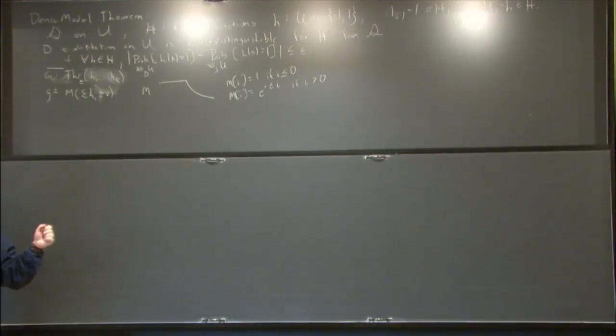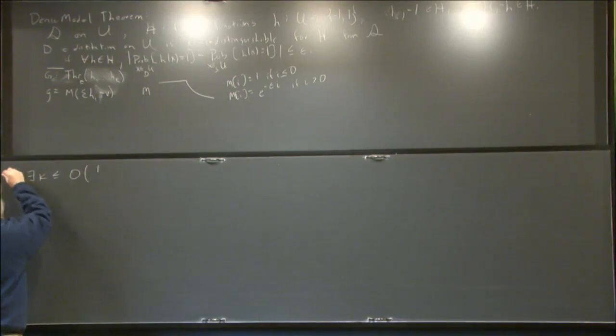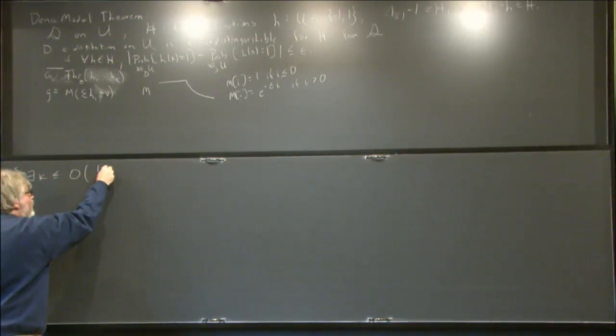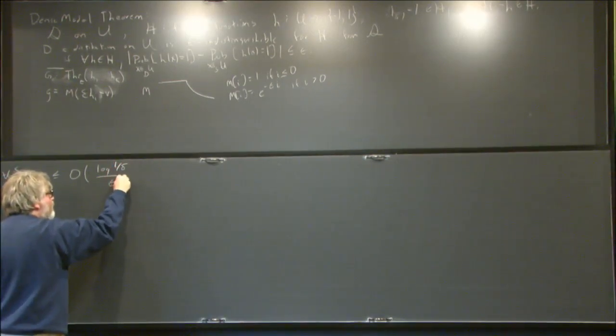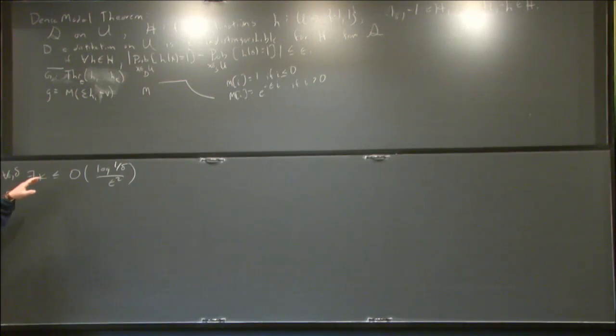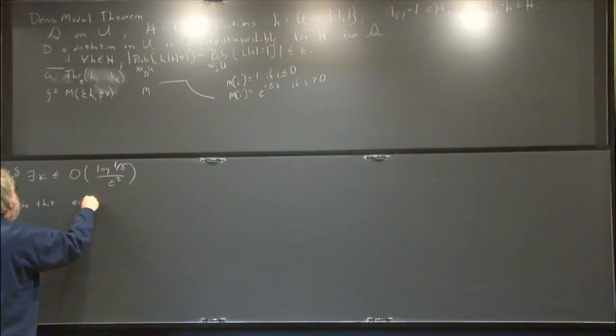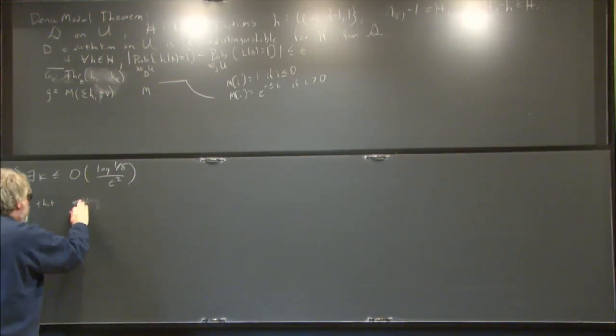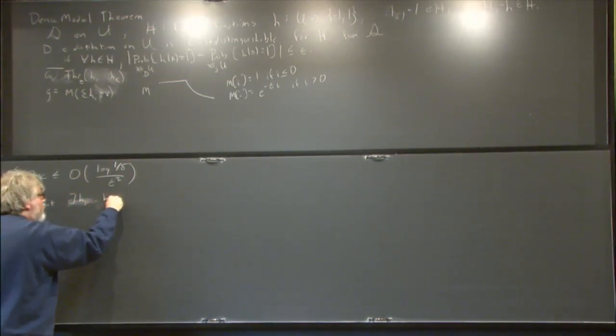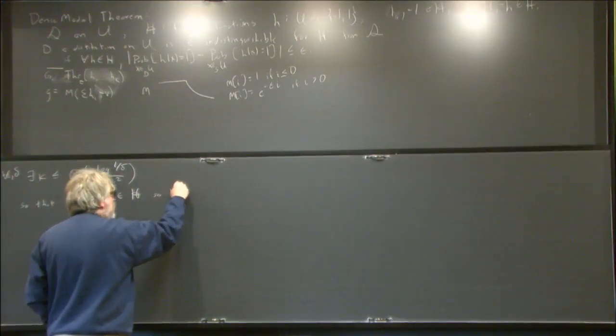So we're going to have a kind of win-win argument saying either something good happens or something else good happens. Both are about understanding this distribution S. So saying for every epsilon, delta, there exists a k less than or equal to order log 1 over delta over epsilon squared. So you have some fixed constant times this, and the k is always at most that function. So that there exists h1 through hk in H, so that